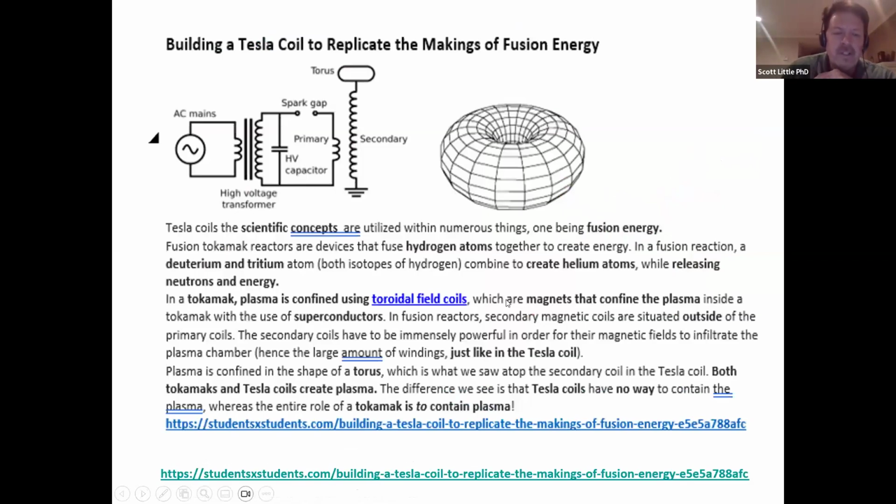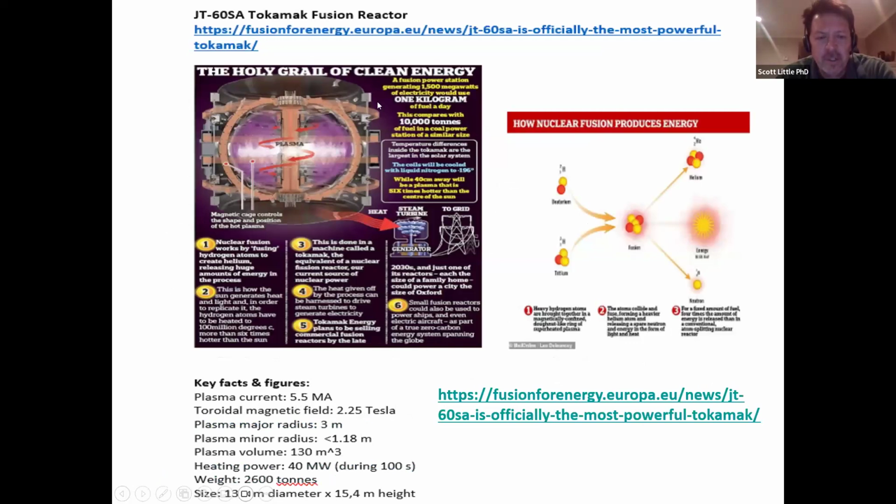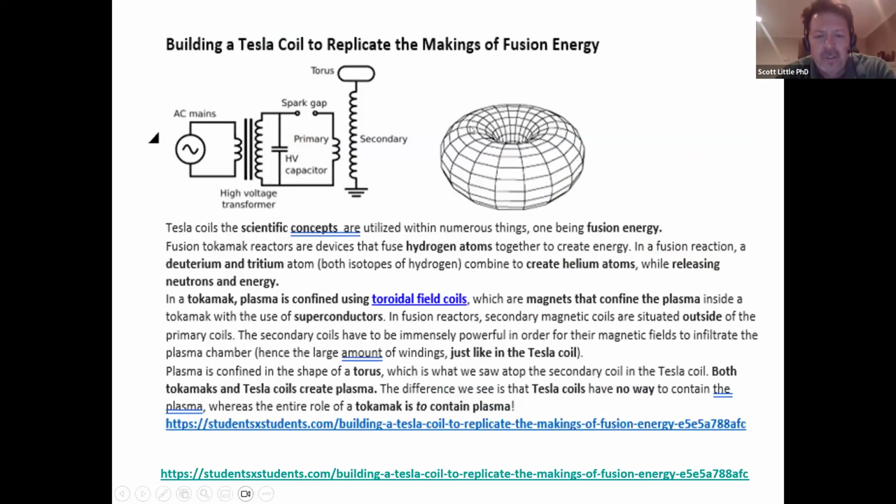Now, one of the things I wanted to check is whether anyone else is trying to do this using Tesla coils for fusion just for the fun of it. I found quite a few hobbyist sites that were actually interested, but some looked pretty serious. And again, back to the torus shape, that's what the fusion reactor is. If you look at this, it's just a big donut. And they're creating this toroidal coil, which is what's really happening within the Tesla coil.